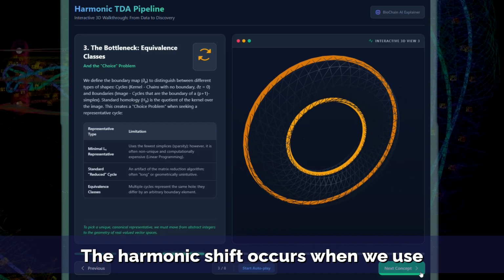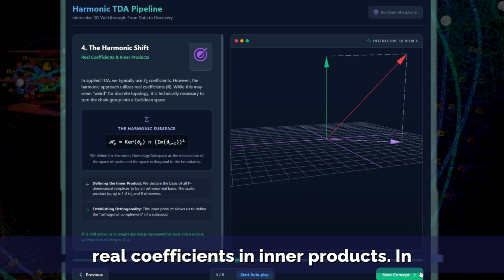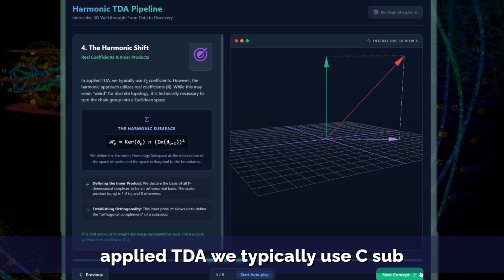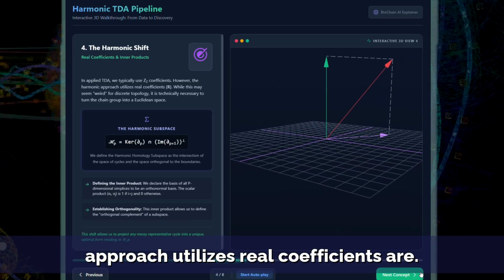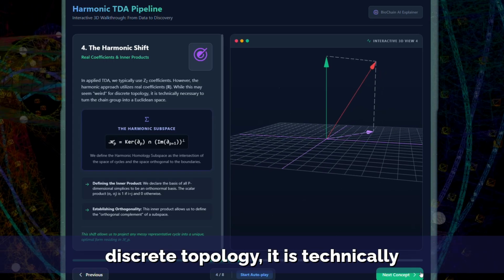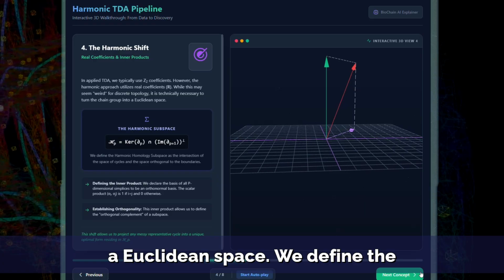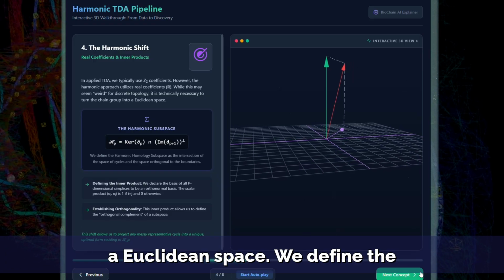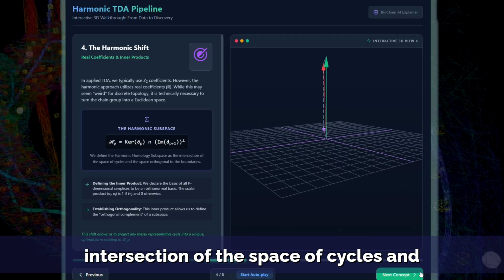The harmonic shift occurs when we use real coefficients and inner products. In applied TDA, we typically use C_2 coefficients. However, the harmonic approach utilizes real coefficients, R. While this may seem different for discrete topology, it is technically necessary to turn the chain group into a Euclidean space. We define the harmonic homology subspace as the intersection of the space of cycles and the space orthogonal to